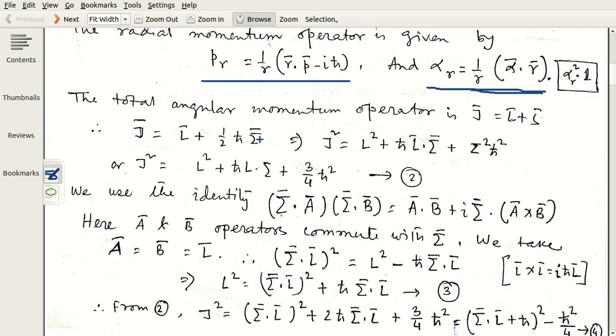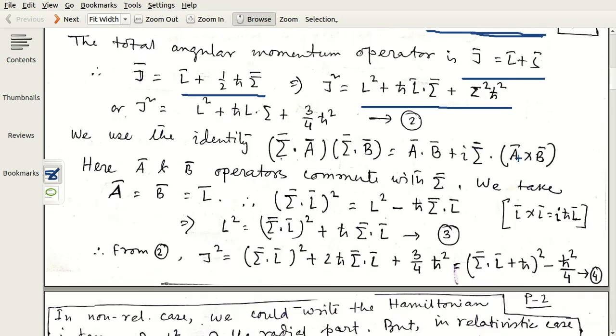So we proceed. The total angular momentum operator is therefore J equal to L plus S, and if we remember our previous classes, L plus half h cut sigma. This sigma is a 4 by 4 matrix which involves Pauli spin matrices. So we calculate J square equals L square plus this one plus sigma square h cut square. Note that there are many mathematical steps in the class today. I will not read out or explain every trivial step, but I will point out the important features here.